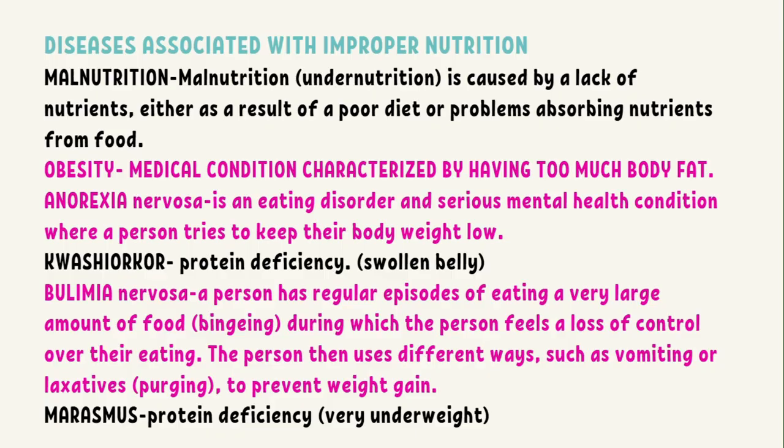Then you have kwashiorkor, which is a protein deficiency. If you ever see those pictures of a little child, and this is not only for kids, where the belly just hangs out, as in you can see the rib cage and then you just see the belly swollen, that would be the kwashiorkor. And then you have marasmus, which is another protein deficiency where they just dry out, they look meager, dry, skinny. So kwashiorkor and marasmus are both protein deficiencies, but